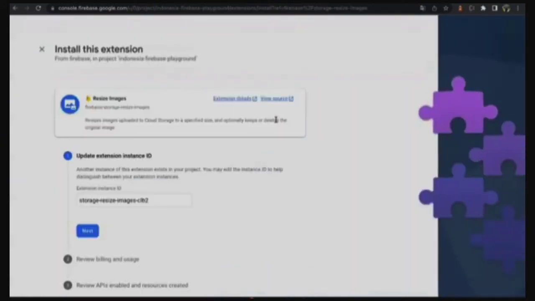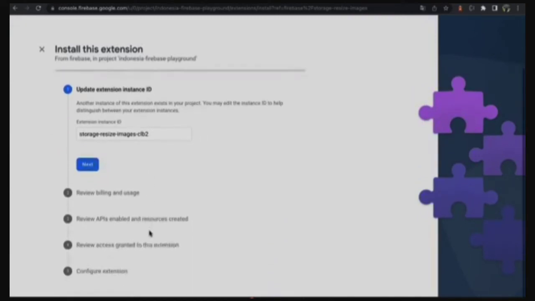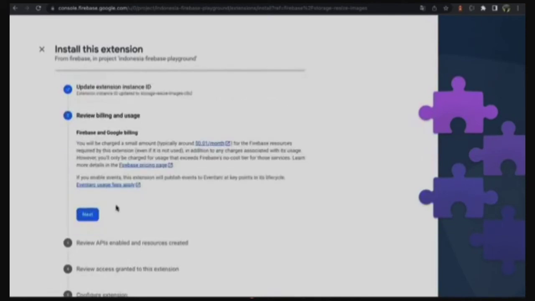Yeah, it should be in this page. After we install this extension, we are still proceeding with the installation. You can choose the instance name and then review the billing and the usage. At first you don't have to pay because there is a free tier. Even if you surpass the free tier, you only need to pay